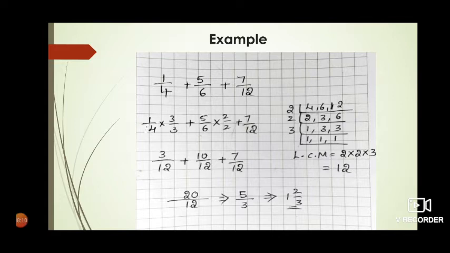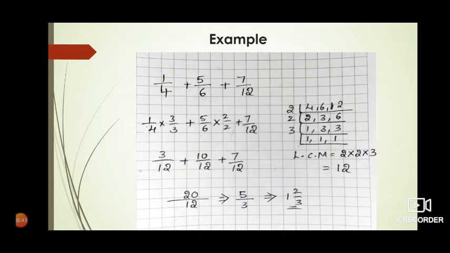Now our target is to convert all the denominators into 12. So take the first fraction, 1 by 4. With what do we have to multiply 4 to get 12? 4 is the denominator. If we multiply with 3, 4 3s are 12. Multiplying only the denominator is not enough. We have to multiply with the same number in the numerator also. So 1 by 4 into 3 by 3.